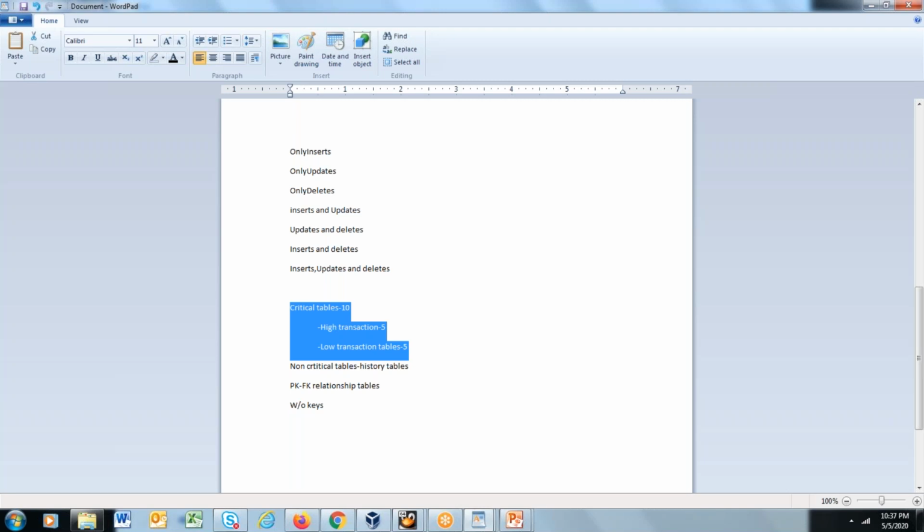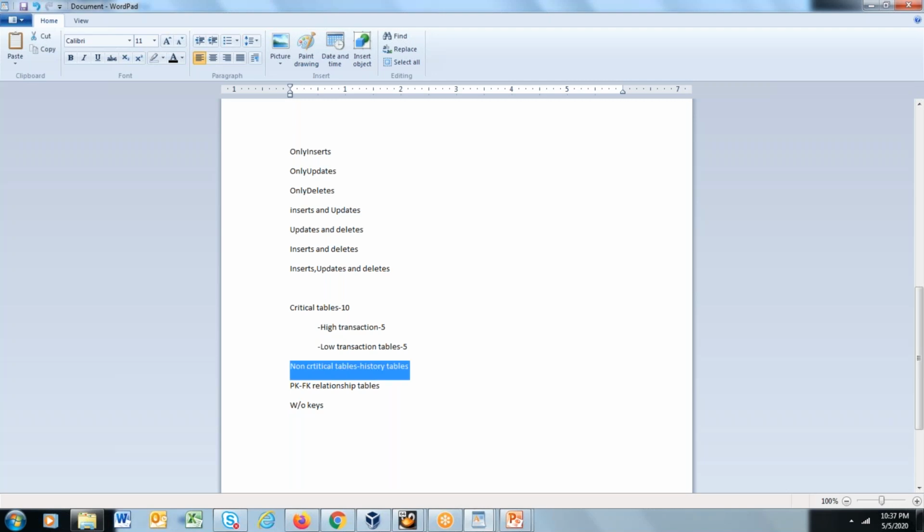You cannot confirm for which database you will have to create how many processes. Everything depends on the number of transactions you have, for each database and each environment. So you can create 1 process, or you can create 2 processes. If you're creating 2 processes, you don't want to put all high transaction tables in a single process. Definitely you'll be segregating, say, 2 high transaction tables and 4 low transaction tables in 1 process. Similarly, the remaining tables go in another process.